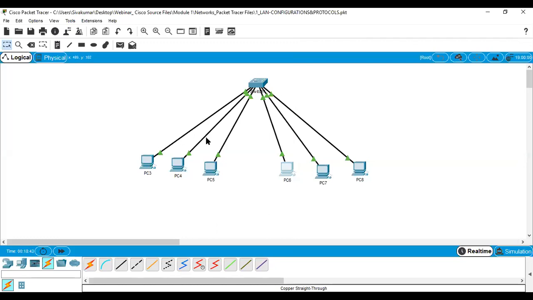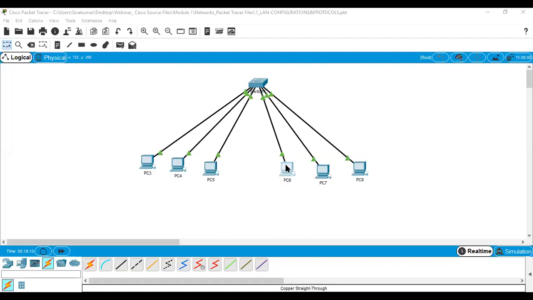Now previously we assigned the three systems 10.0.0.1, the next one 10.0.0.2, and the third one 10.0.0.3. Okay, now the first block is over. Then the second one is the second VLAN 20.